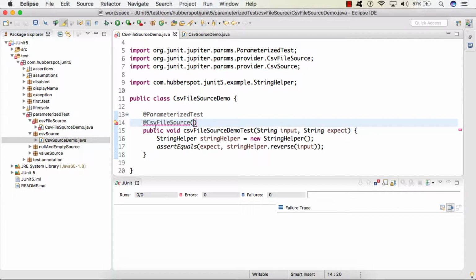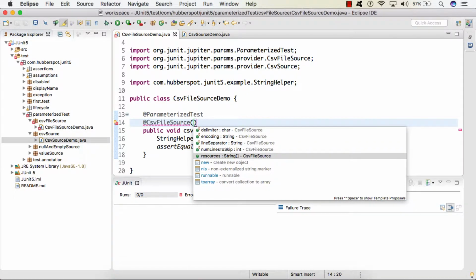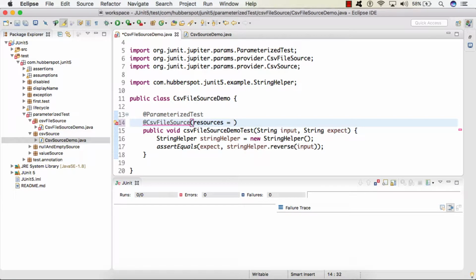So the first parameter to CSVFileSource is resources. So friends, as we discussed in the last lecture, the resources takes in the path to the CSV file. So here we'll simply provide a path to the CSV file, and we know that we have to keep that CSV file in our class path.